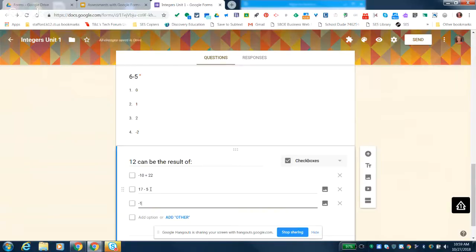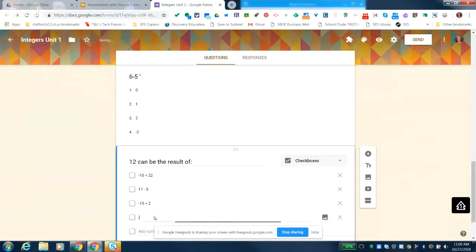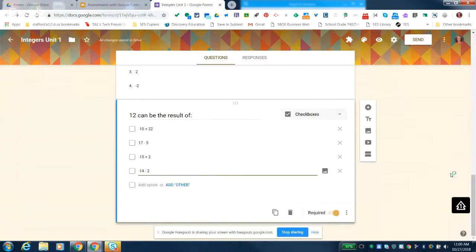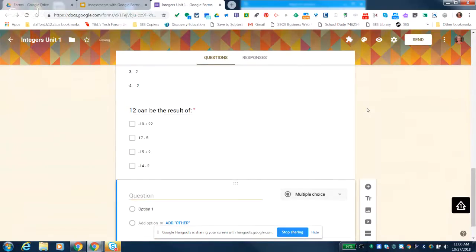As you can see, as I type in more answers, it just drops down to another choice for possibilities. If I just hit the tab and tab over, that will give me more options. Okay, and now that we've done checkboxes,